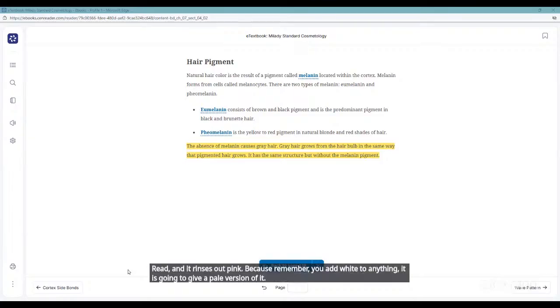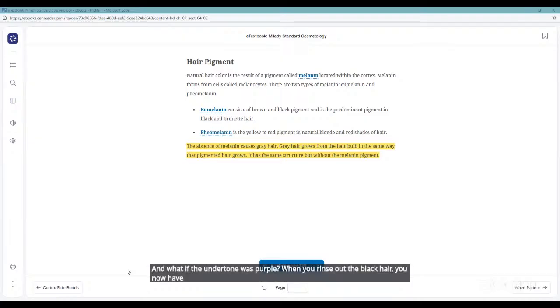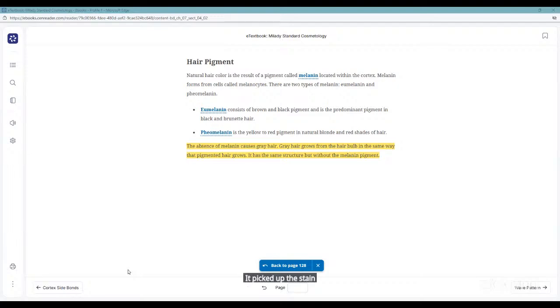This is why, if you have a hair color and you're trying to take white hair to black, what if the undertone was purple? When you rinse out the black hair, you now have purple hair. It picked up the stain or whatever was in the color. It actually did not color the hair. And so that's